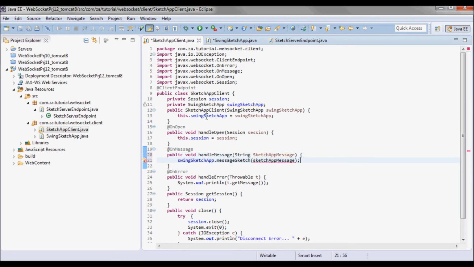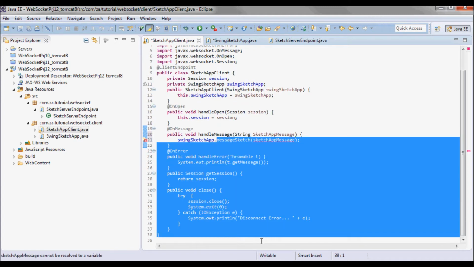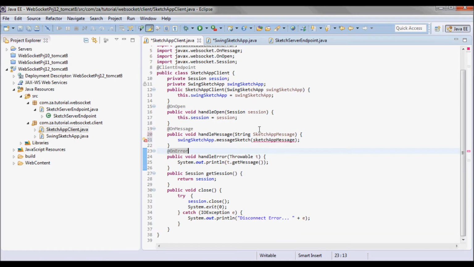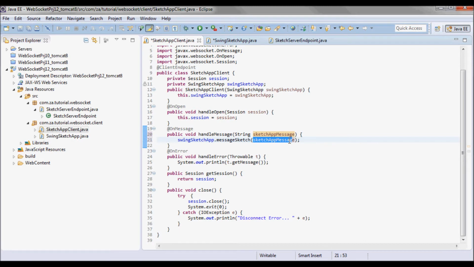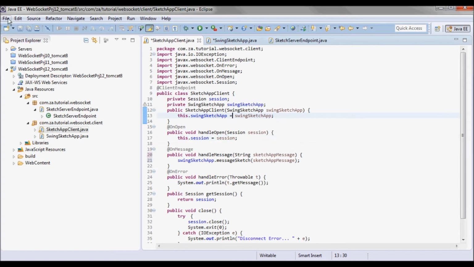And I'll use the Swing Sketch app to do message sketch using the incoming Sketch app message. So this is all the code that I need for the Sketch app client. So next let's go to Swing Sketch app.